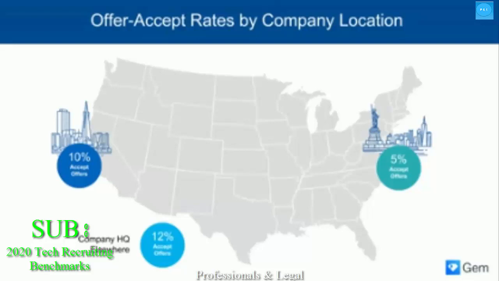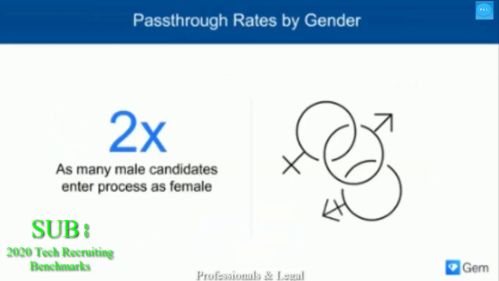But let's hone in on the offer data using pass-through rates from the beginning of the process. The biggest takeaway is that it's much harder for San Francisco and New York-based companies to usher candidates through the end of the funnel. Companies in the other location category extend significantly more offers than those in New York and San Francisco, 75% versus 50 and 51% respectively. And candidates are more likely to accept those offers, 10% more likely than for San Francisco companies, and over 20% more likely than for New York companies. So this is something worth calling out on its own slide.